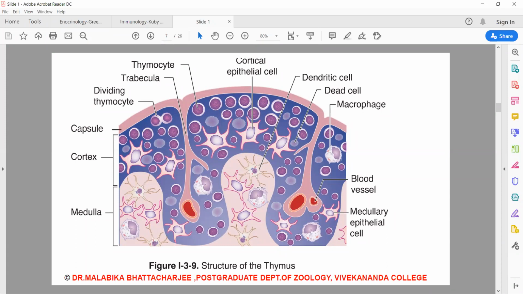If you look at the picture, you can see that there are some medullary epithelial cells and some cortical epithelial cells. These epithelial cells, either of the medullary region or of the cortical region, and accordingly the name comes, are one of the greatest teachers for the T lymphocytes, because it is they who express the antigens either via the MHC class II receptor or via the MHC class I receptor, thereby further schooling the lymphocytes.